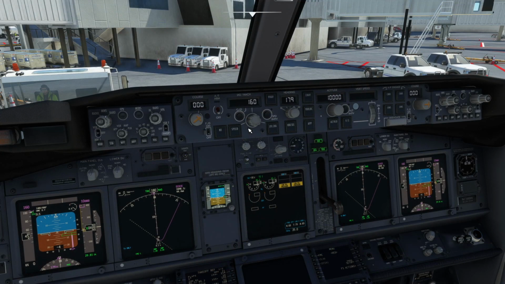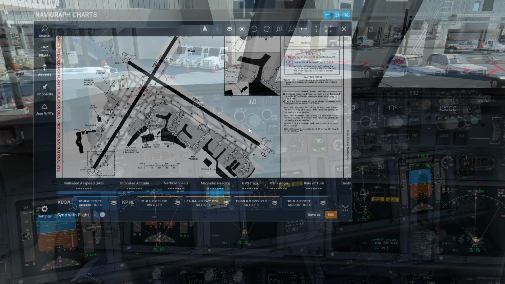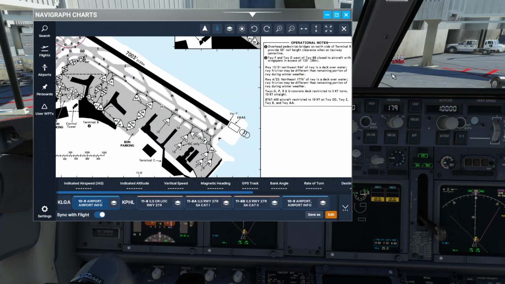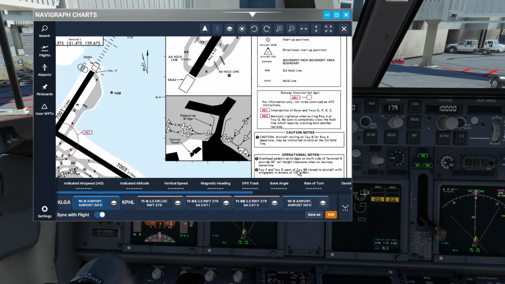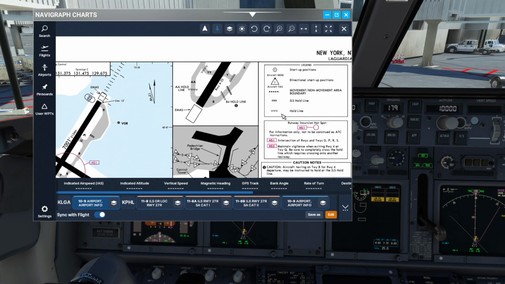V2 on the MCP may need updated, and the course to reflect the new runway heading. Make sure to review all notes for the new runway.